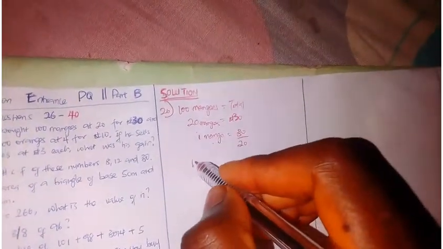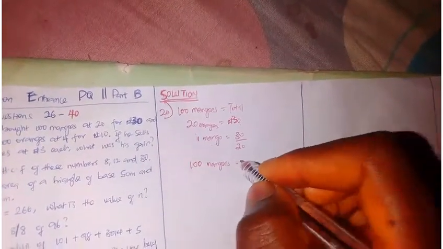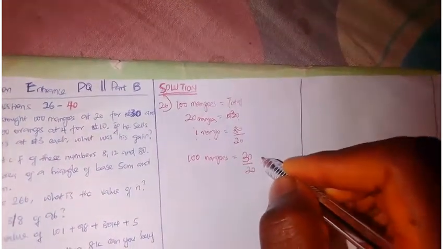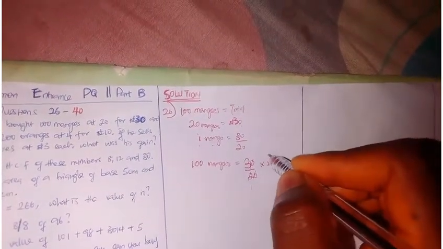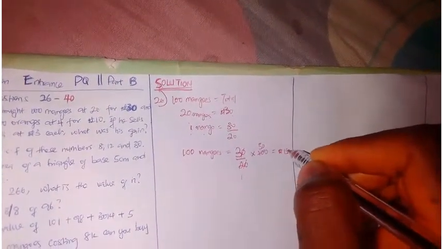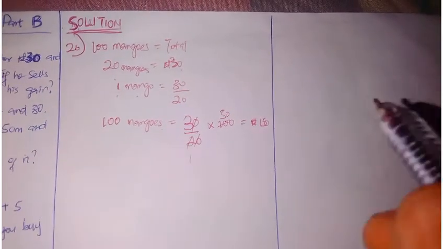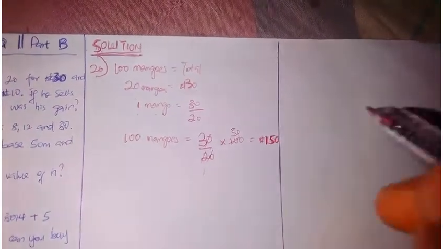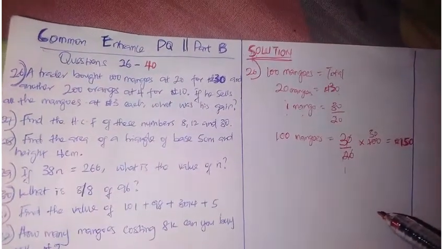Then for 100 mangoes, since he bought 100 mangoes, it becomes 30 over 20 times 100. This cancels this. 2 here 1, 2 in 10, 5, 2 in 0, 0. 3 times 50 is 150. So it means he bought 100 mangoes at 150 naira. That's how much he bought 100 mangoes. If he bought 20 at 30 naira. Okay. He now said,